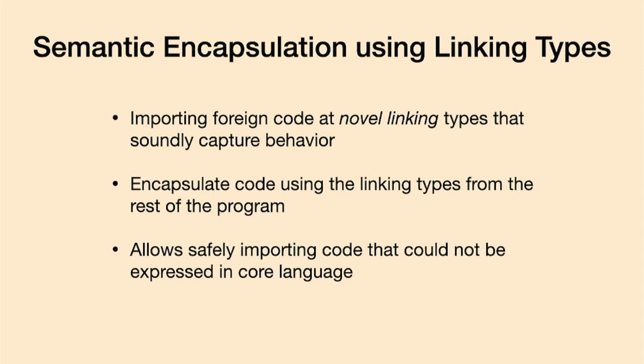So the whole idea was you came up with very rich, expressive types that were sound and didn't include maybe low-level memory manipulation. You should give yourself a way of describing that behavior soundly, right? Don't say, well, pointers are kind of like numbers, so we'll just use integers for that, okay? That's not sound, okay? Give yourself accurate types, and then figure out how to encapsulate the code that uses those new types from the rest of the program.